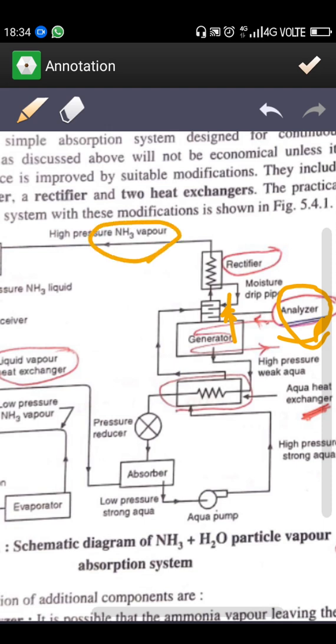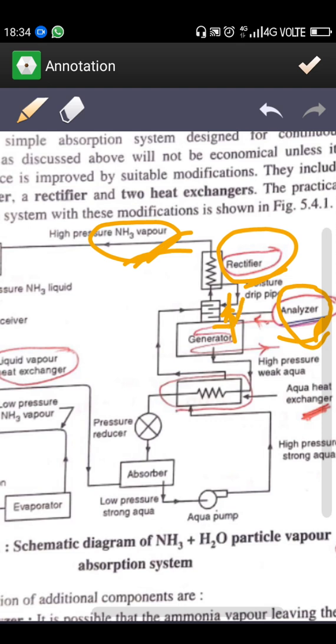It allows only vapors to go outside. The rectifier again cross-checks that if any liquid droplet is going along with the vapor ammonia, then the rectifier eliminates it